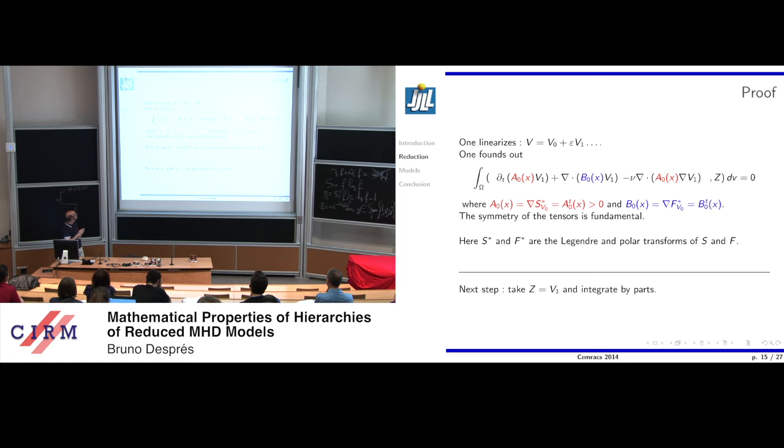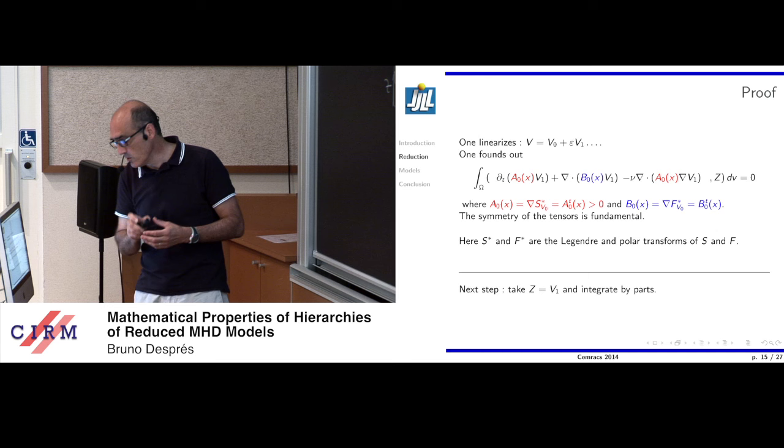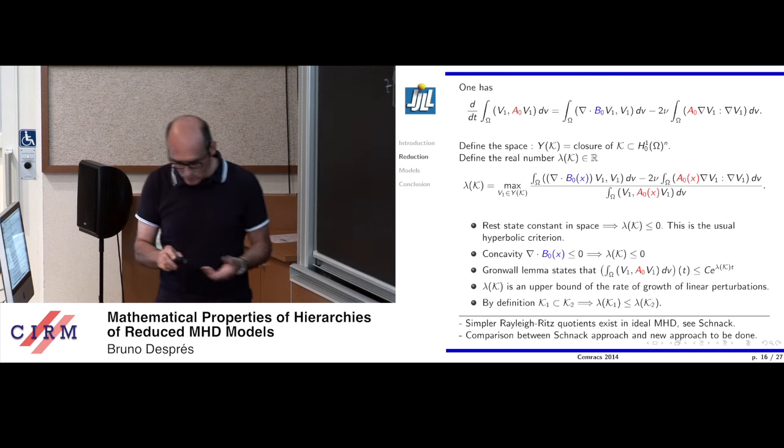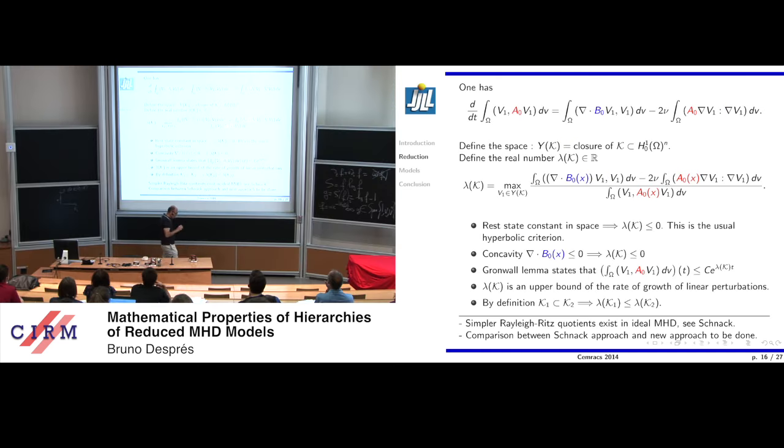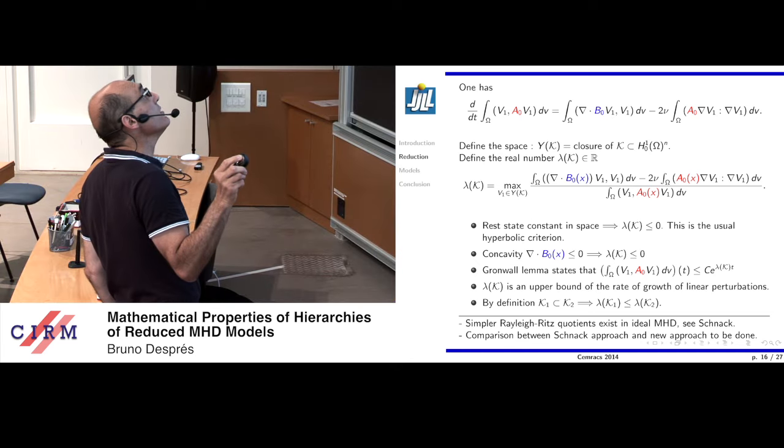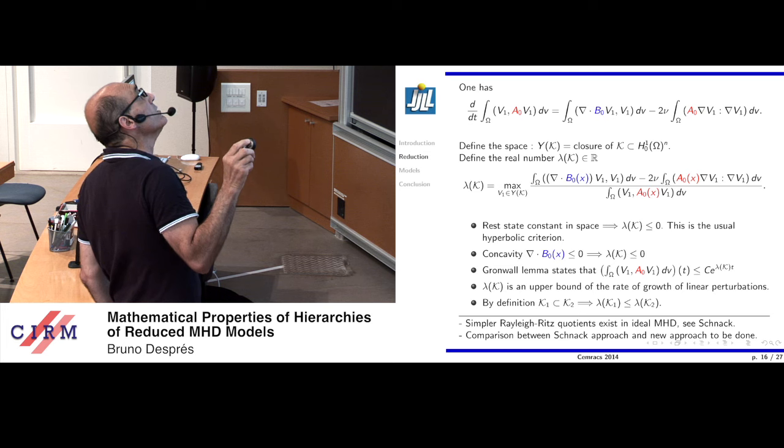The variation of the quadratic energy for V1 with that matrix inside, and the result is this one. So you get the variation of that quadratic energy for the linear perturbation, and A naught is given; it depends on the reference state. You do integration by parts. I don't want to. It comes from the viscous part, it is negative, or non-positive, say. And this one is a symmetric matrix now.